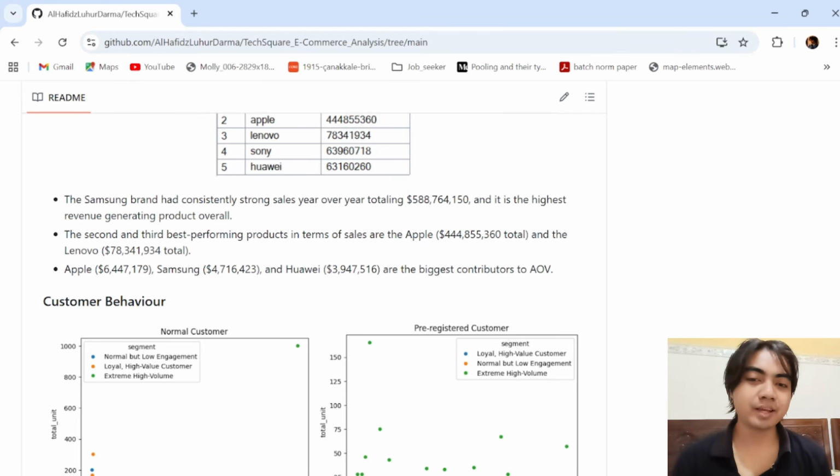So the Samsung brand has consistently strong sales year over year, totaling $588 million, and it is the highest revenue generating product overall. The second and third best performing products in terms of sales are Apple and Lenovo. Apple, Samsung, and Huawei are the biggest contributors to the